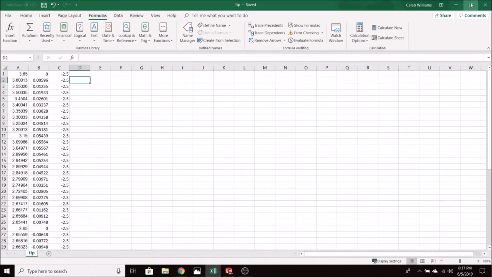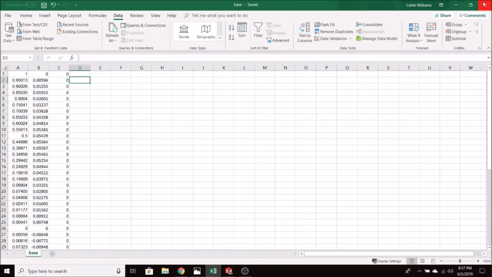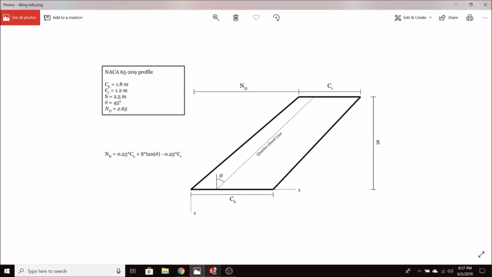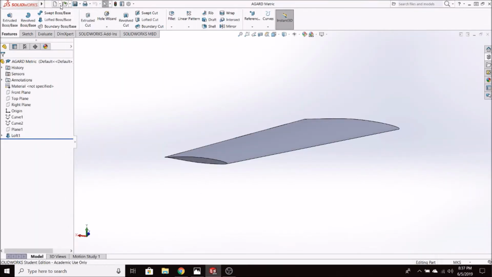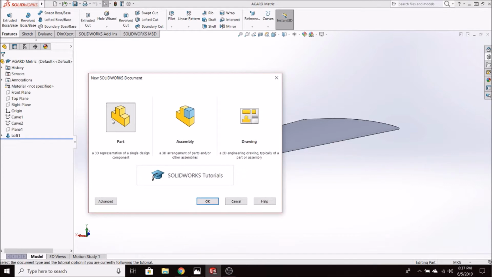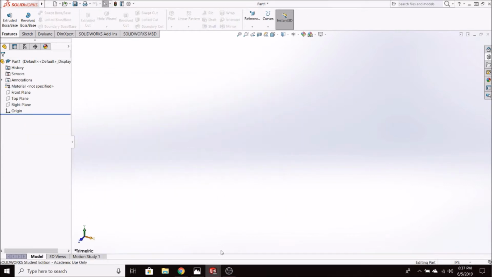Save that. So go ahead and exit out of Excel. It's very critical that you do this, or SolidWorks will throw some errors. And then go ahead and create a new file. And I'm going to change my units to meter kilogram second to be consistent with the drawing we had been